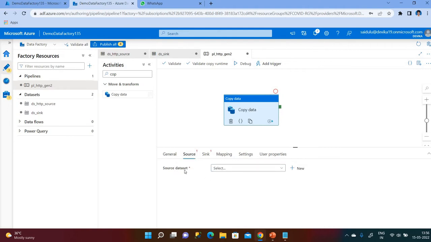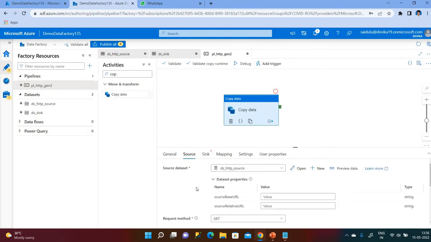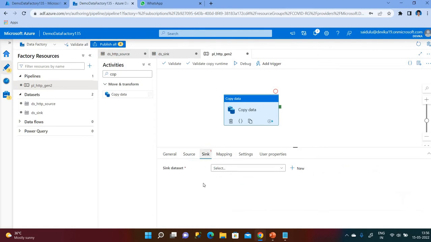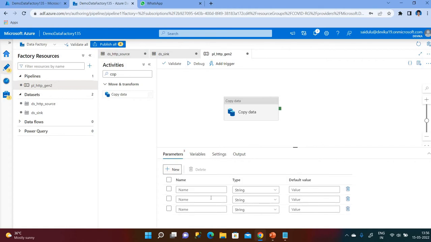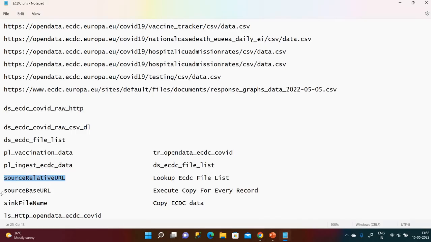My source is, we have to select the source data set. This is my source data set and it is asking for some values, so let me do that later. Next is the sink data set. Before that, we need to provide some parameters. There are three parameters we need to provide. The first one is source base URL,